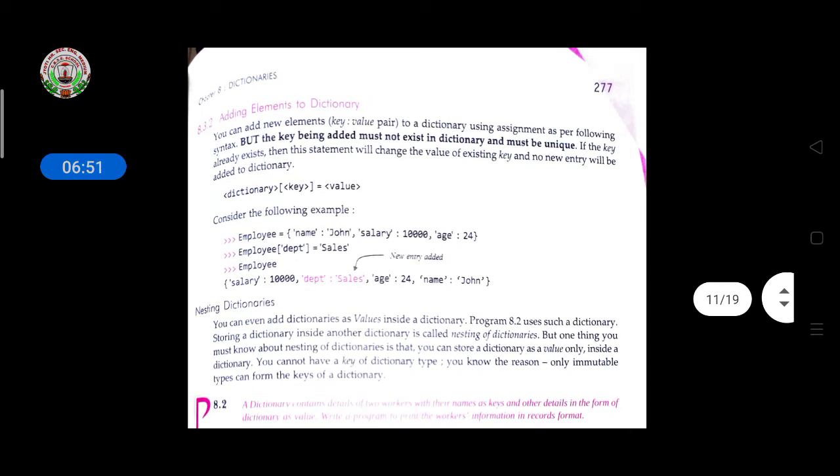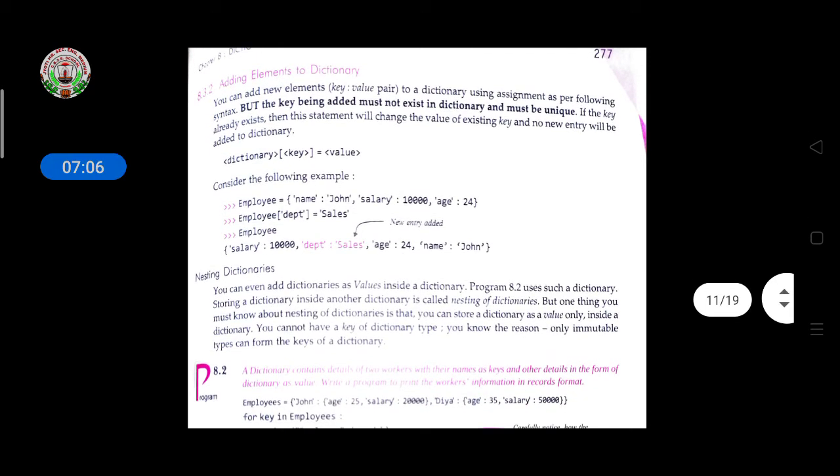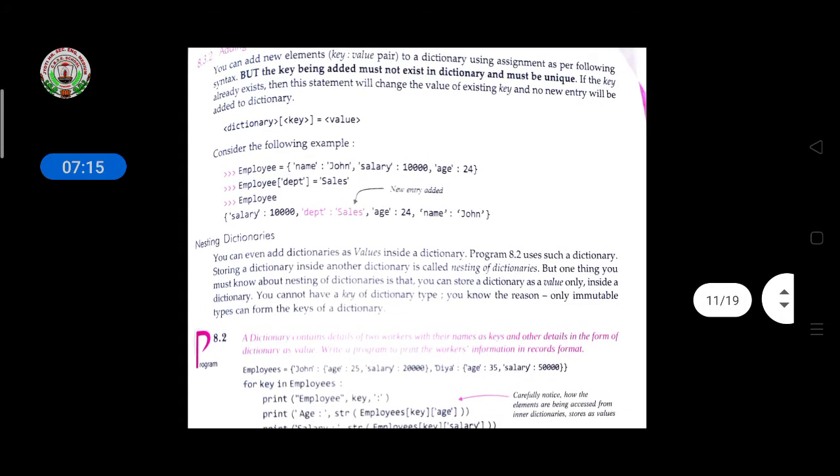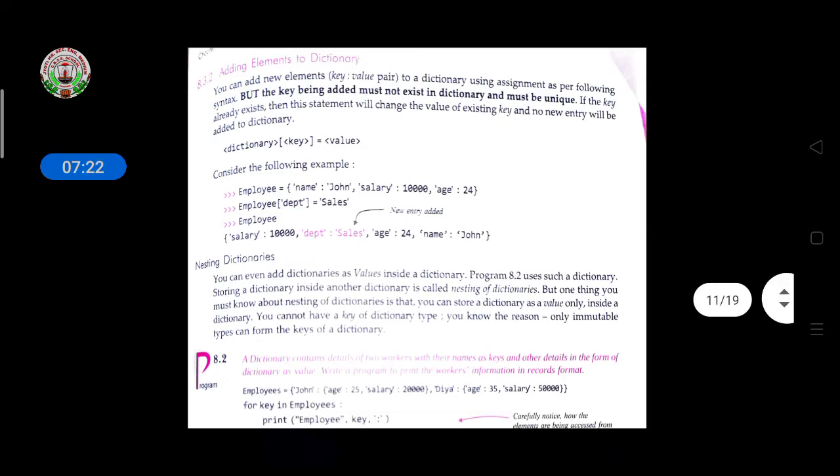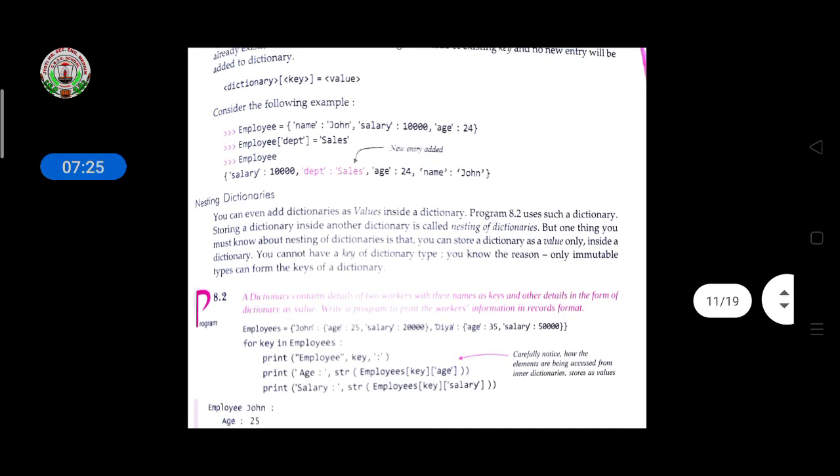Adding an element to a dictionary. How to add? You can add new elements, key-value pairs, to a dictionary using assignment with the following syntax, but the key being added must not exist in the dictionary and must be unique. If the key already exists, then this statement will change the value of the existing key and no new entry will be added to the dictionary. One example is given here. We give the dictionary name and the key value.